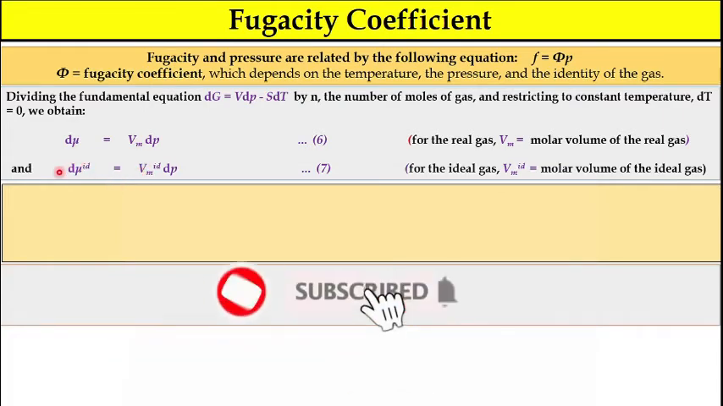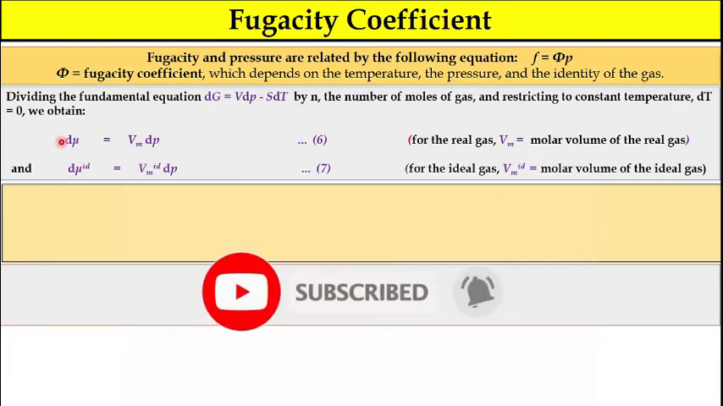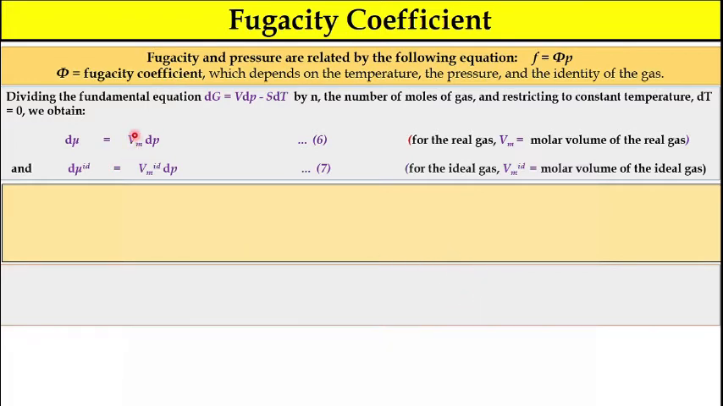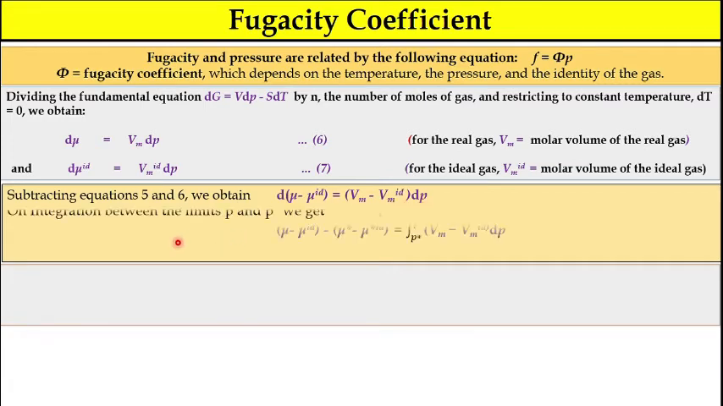This is the chemical potential of the ideal gas. This is the chemical potential of the real gas, and this is the molar volume of the real gas. Subtract equations 5 and 6. We obtain this equation: d mu minus d mu id is equal to Vm minus Vm id into dp. Okay, now on integration between the limits p and p star, we get mu minus mu id